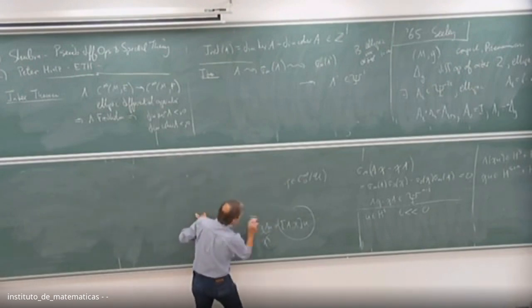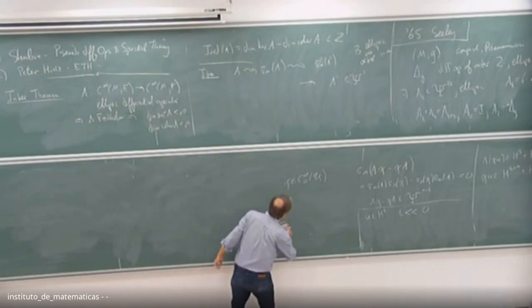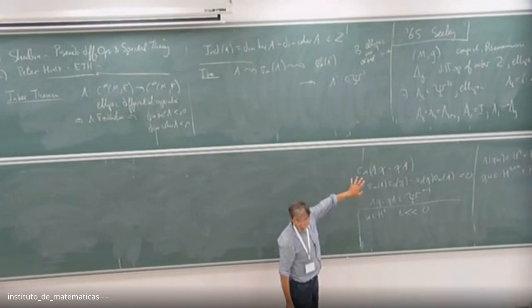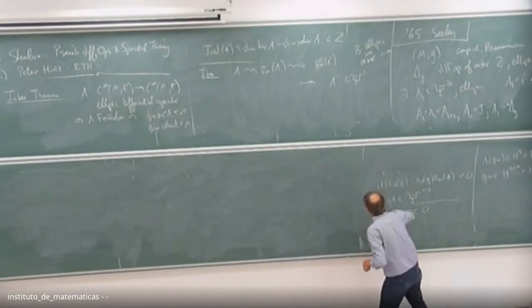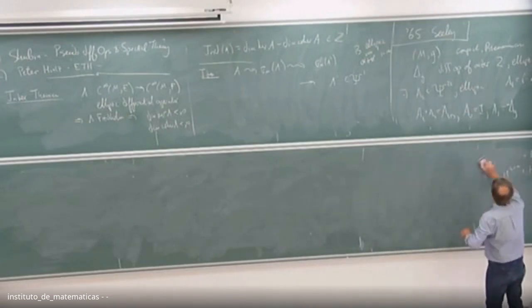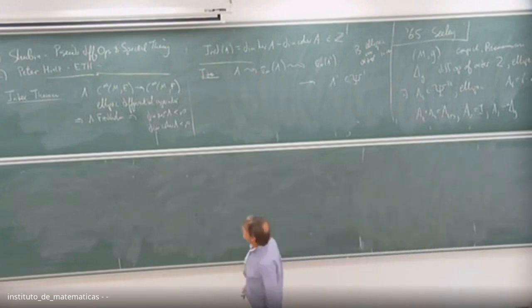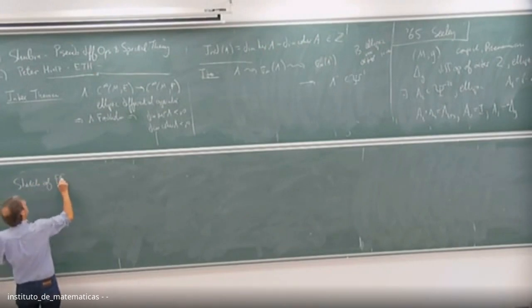And in fact, I can extend this t to be a complex variable. And I may be lying because there may be some poles. This is a meromorphic family, and there may be some poles, I forget. Okay, so how do you do something like this? Well, let me tell you. So here's the sketch of proof.